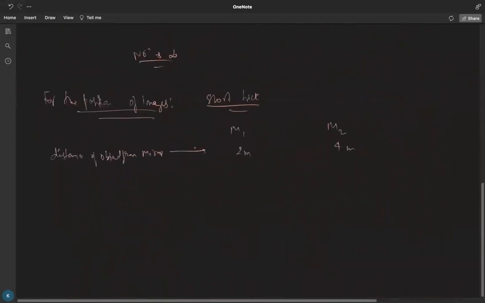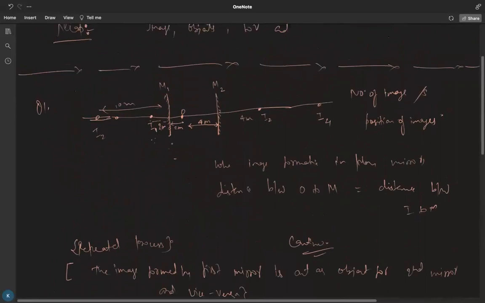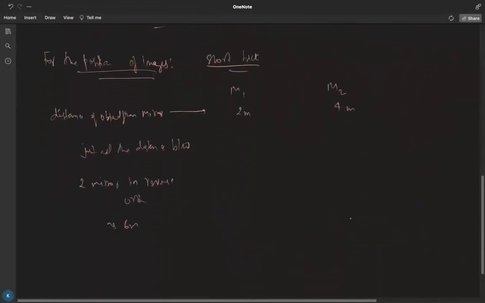And then what you have to do, you have to just add the distance between two mirrors in reverse order. The distance between M1 and M2 is actually 4 plus 2, which is 6 meter. So we have to add the 6 meter reversibly, like this, and repeat this process. So when I add, there will be 8 meter, there will be 10 meter, again add 6,